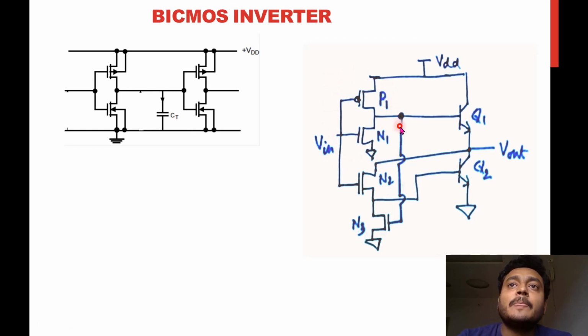The output of this inverter is given to a BJT NPN transistor Q1. This is something like a push pull amplifier, a push pull manner in which you are going to use this BJT here, and we are taking that input here. The N2 and N3 transistors will be there, and Q2 will be driven by this from N2. So this is the circuit, and I will give a general structure of how to write the BiCMOS structure in the upcoming modules. I will take this example.